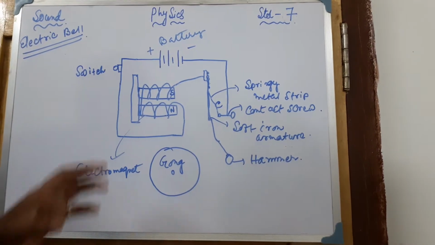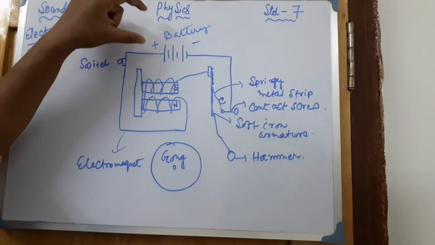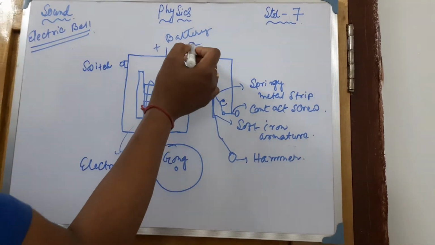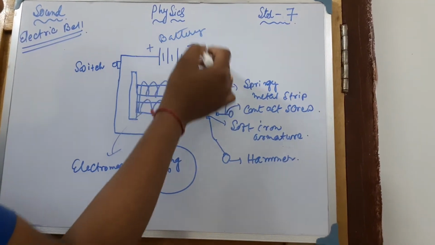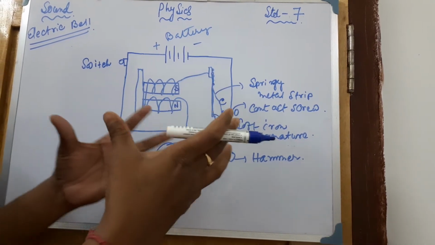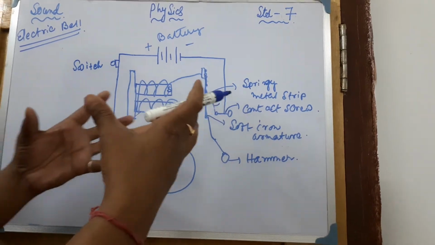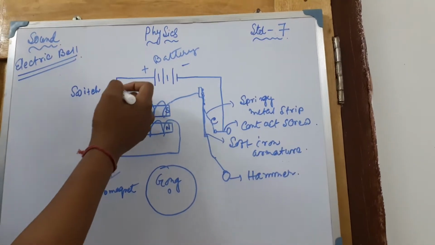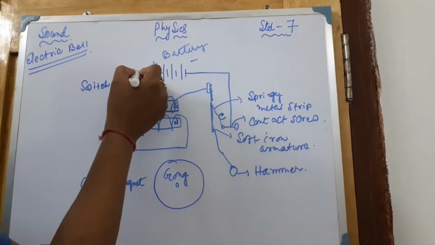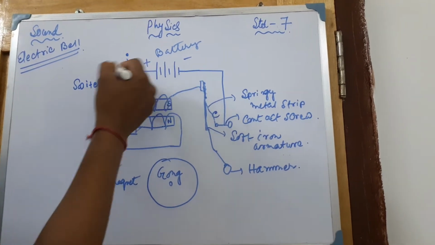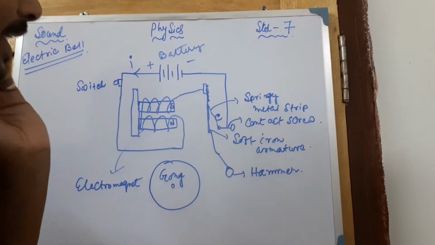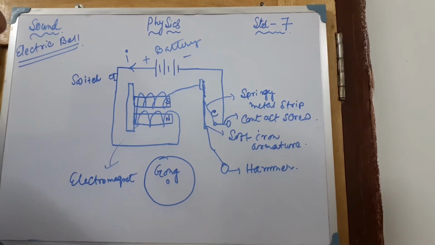Suppose you talk about what is happening. Look, the supply is there. Supply means the current supply. The battery you are using means a combination of cells. Two or more cells are combined with each other. One side is positive, one side is negative, so definitely current will generate and pass in this way. Now you have to see whether the circuit is completed or not.